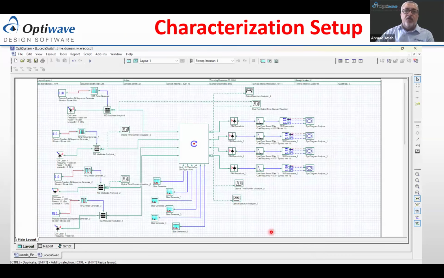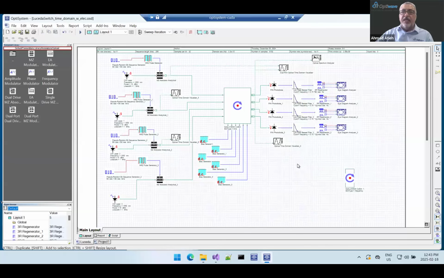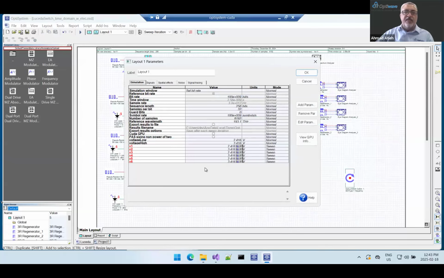So if you go now into OptiSystem, a feature we use is called, let me go to the layout here again. If you double click anywhere on the layout, on the canvas here, you can add parameters. You can automate your setup here and do some kind of quick analysis for the switch. So for example, what we did here, we defined a low voltage, which is 2.416, a high voltage, which is 3.416, and then the applied voltages here, V1 to V6, which are the 6 voltages on each